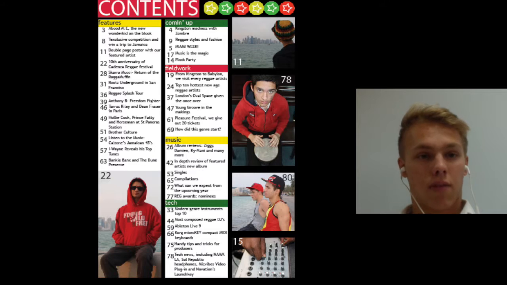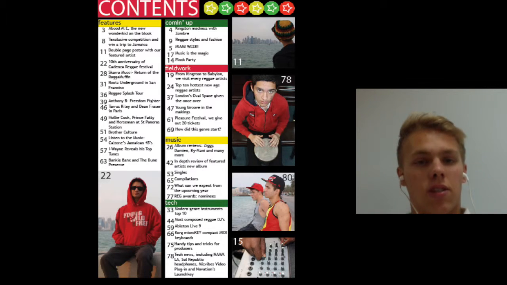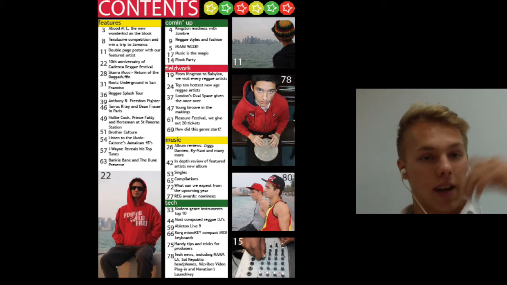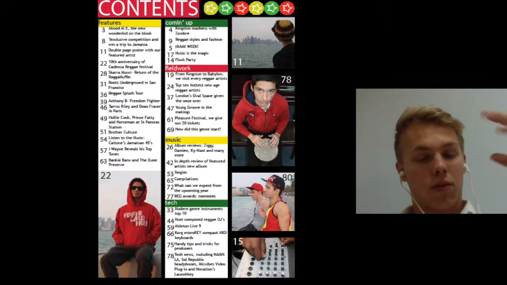Now for my contents page. Here again I used the regular color scheme, red, green, yellow, black and white, to keep it simple looking. I went for a typical convention of keeping the layout very simple, with everything in line, equal gaps around the page. I used a nice variety of shots, I think, some mid shots, some over the shoulder and close